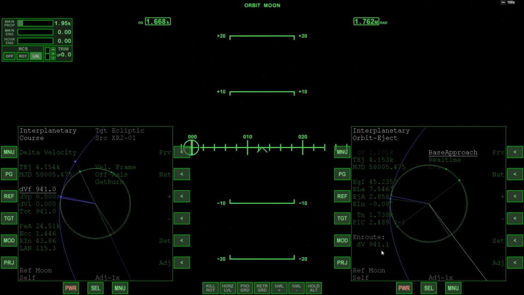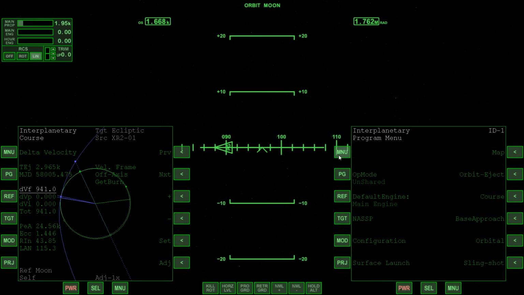Let's just time accelerate. We're going to get on the other side of the moon from the eject point, which is roughly about here. We'll go a little bit further, actually. Let's go ahead and take it just under 3,000 seconds from the burn, so we get more accurate predictions, and that's where we are.